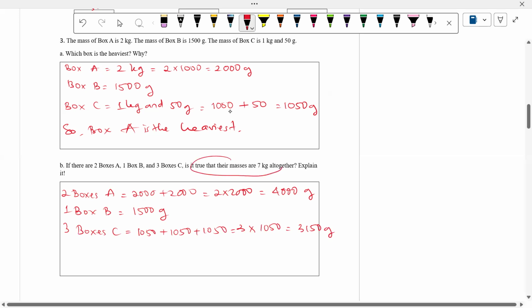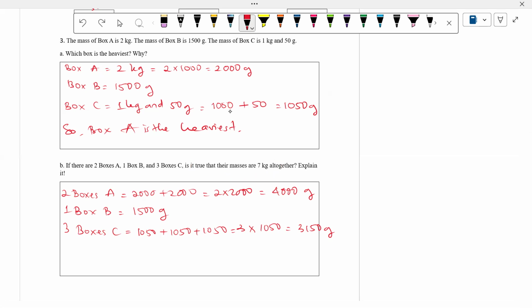So the question is: is it true that their masses are 7 kilograms altogether? So we need to add them all. 4,000 grams plus 1,500 grams plus 3,150 grams is 8,650 grams. Or if you want to make it into kilograms, because it is 7 kilograms,